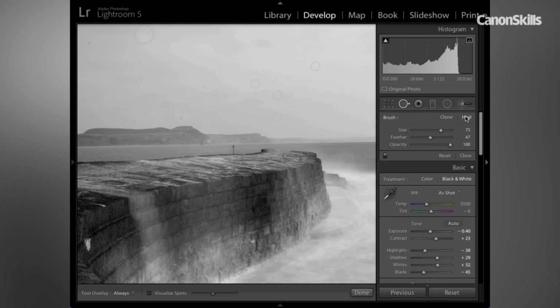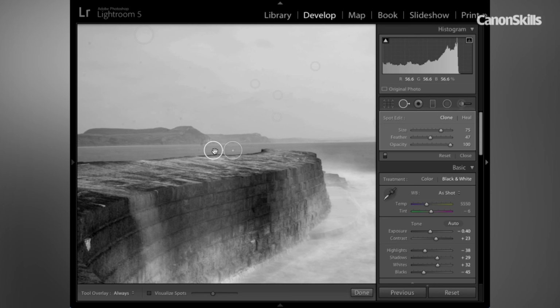We've used the heal option to get rid of the sensor spots by blending the transplanted area with its new surroundings seamlessly. But if you've got a detailed object such as this and there's lots of texture around it, then healing might just blur things too much. So what we're going to do is click on Clone and then simply transplant one area over another with a soft feathered edge, but there's no blending going on. So click to sample that unwanted object. It's then looking at an adjacent area and placing these pixels into